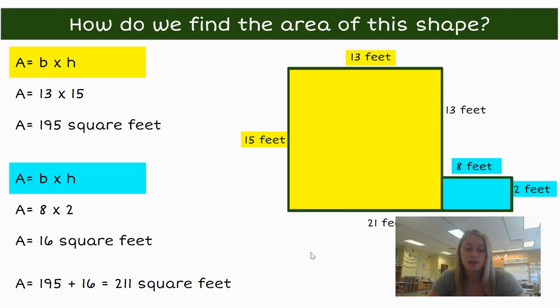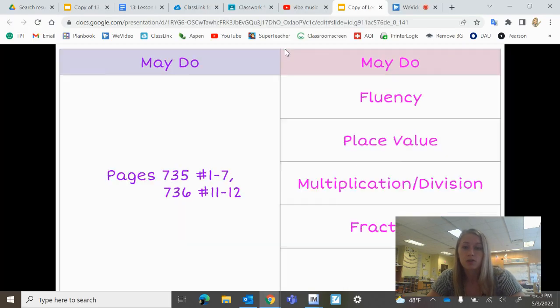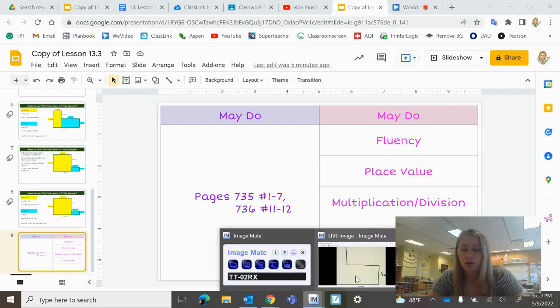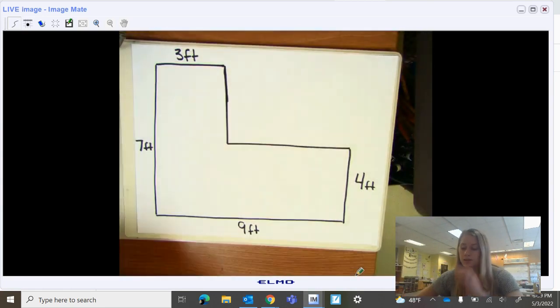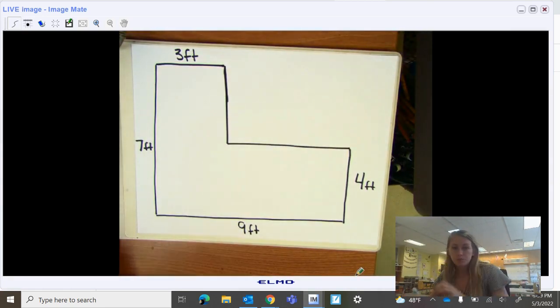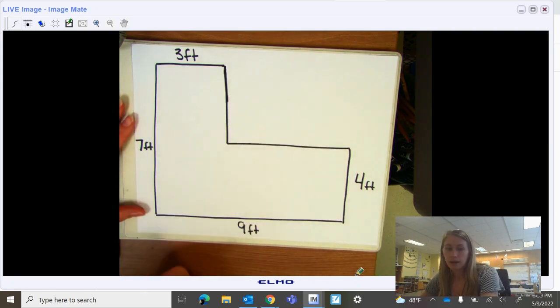195 plus 16 equals 211 square feet. Nice job. So I'm also going to show you down here what this might look like if you're not given all the correct side lengths, or you're not given all the information and you have to use reasoning to figure out the missing length. So right here we see we have 3 by 7